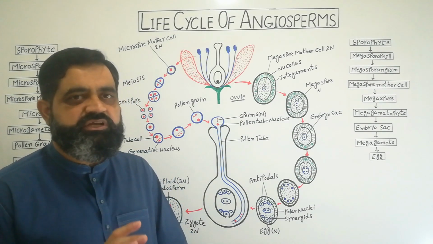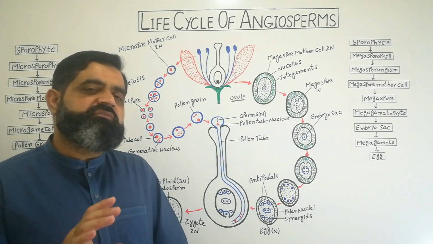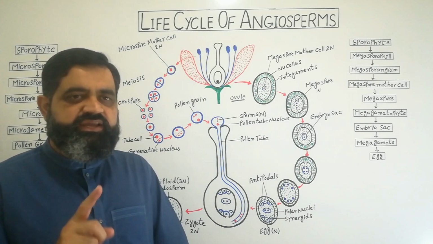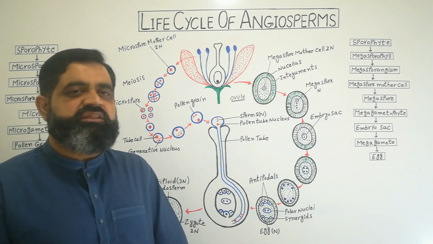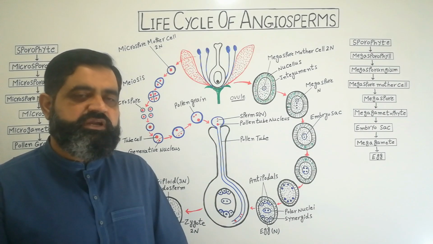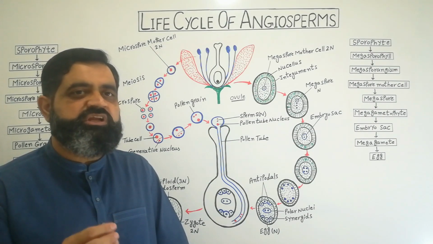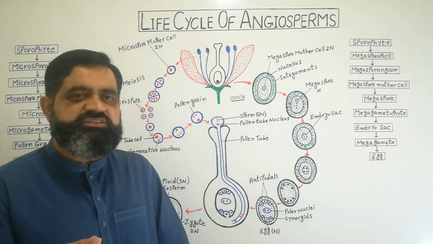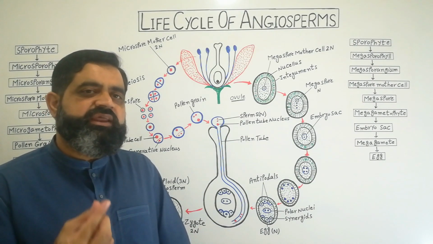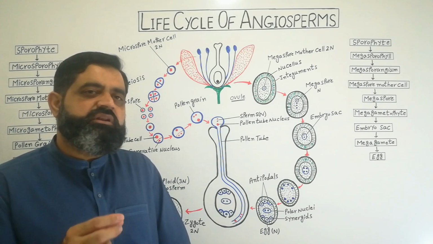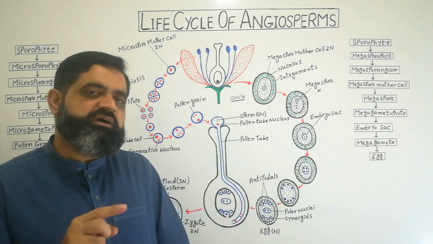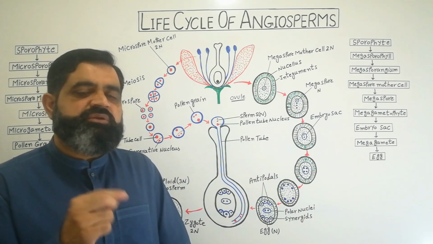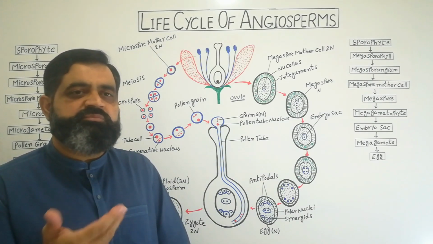It only takes place in angiosperms, and is a very important phenomenon, because after fertilization the second sperm ensures that fertilization has taken place and the zygote and embryo have been formed. Now we need food. The endospermic tissue will provide the food for the seeds we eat, like rice, grams, peanuts, almonds, walnuts. All contain food. This food is for the germinating embryo, which is going to germinate into a sporophyte.